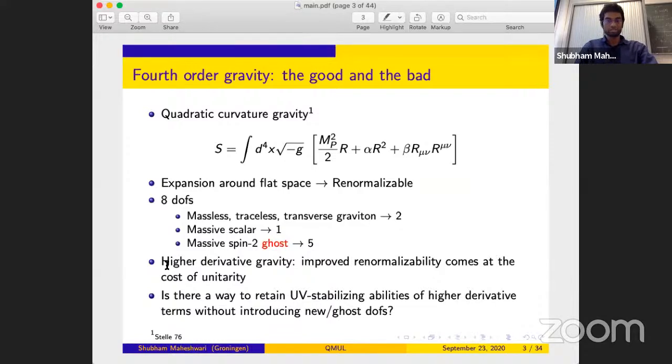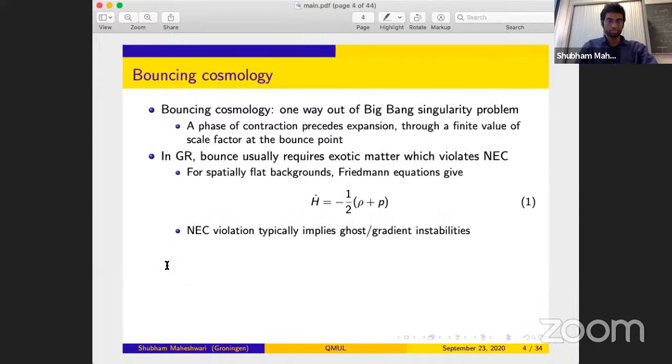Now let me consider a physical scenario, which is bouncing cosmology. Bouncing cosmology, from the beginning, avoids the Big Bang singularity problem because you have a phase of contraction which precedes the expansion through a finite value of the scale factor at the bounce point. So the scale factor never goes to 0 at t equals 0, and the universe is initially very large in extent, and then it contracts through a finite value of the scale factor. There is a finite size of the universe at t equals 0, and then it